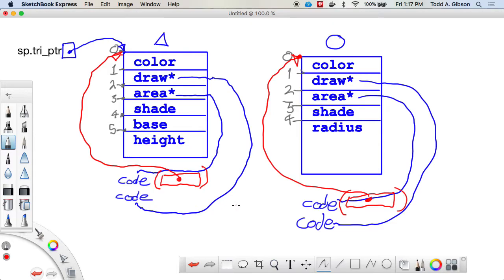Yes? Repeat steps 1 and 2. What are steps 1 and 2? Step 1 would be to obtain the address at an offset. The second step would be to execute the code at that specified address. And I can put a million types in there as long as at offsets 1 and 2 there are these draw and area